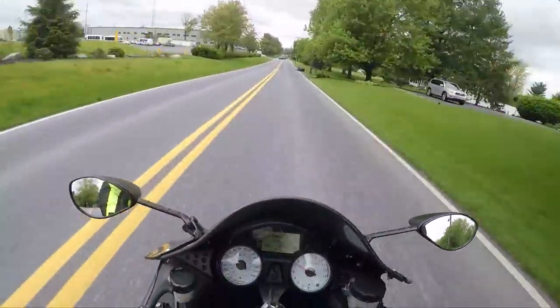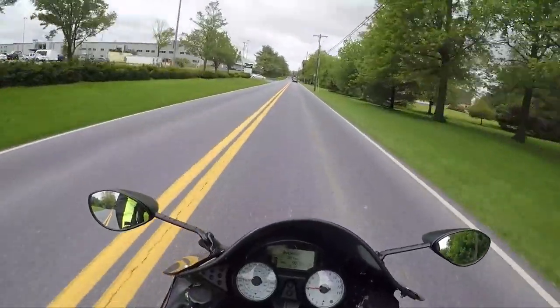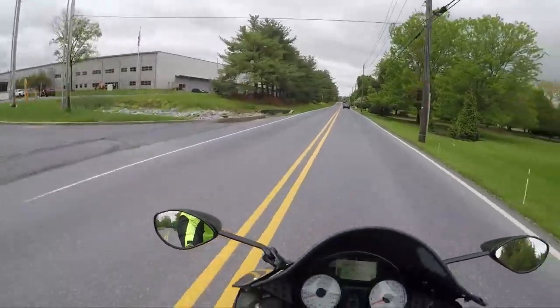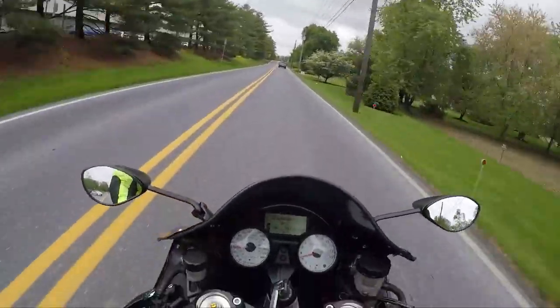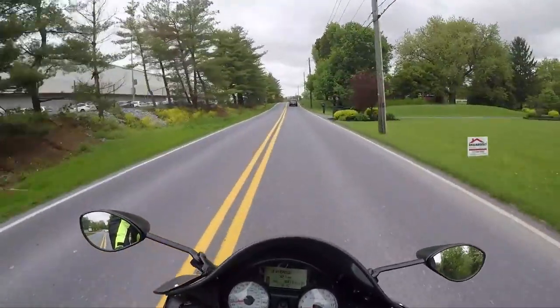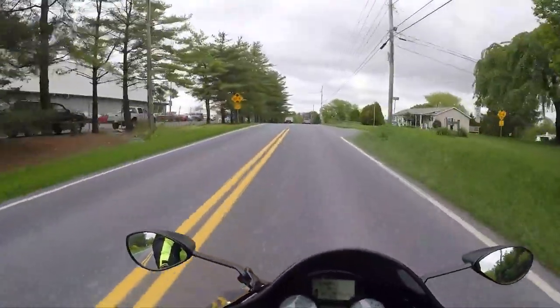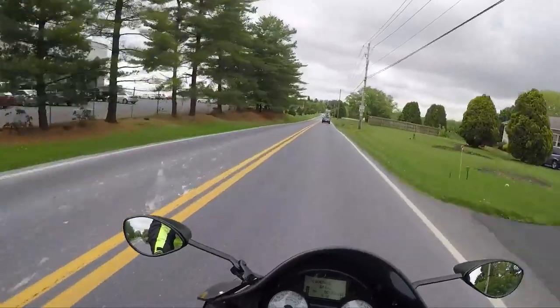And you can see that as soon as you hit 5,000 RPMs, this thing really starts to get away from it. But even at the lower speeds and the lower RPMs, it's a little bit to handle. It's such a great bike